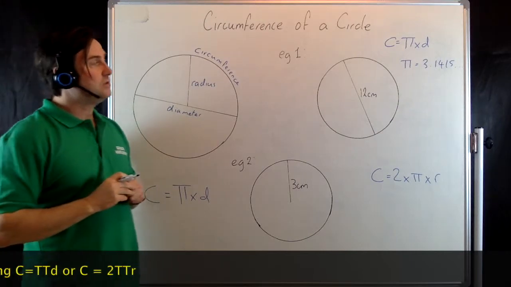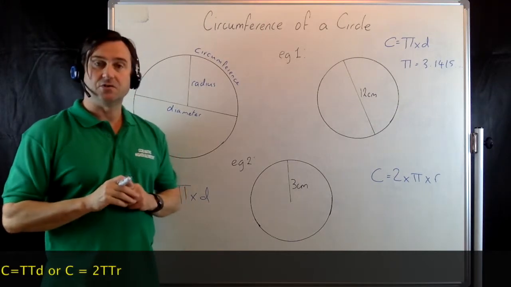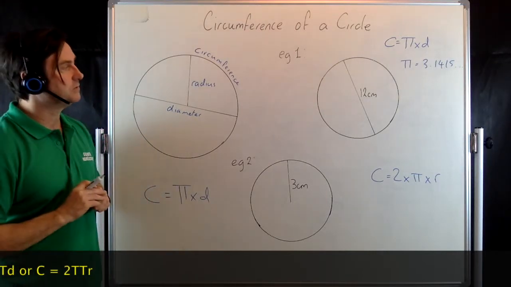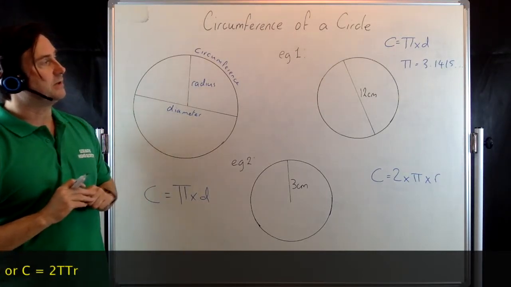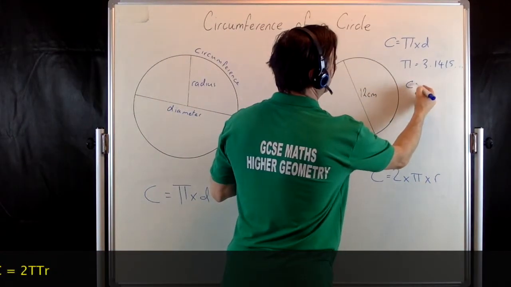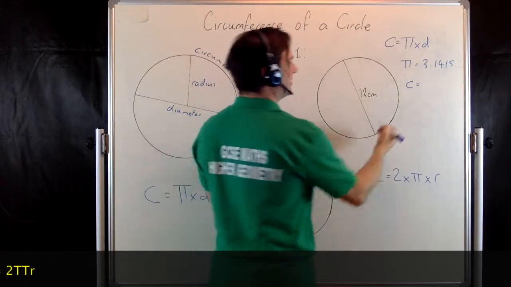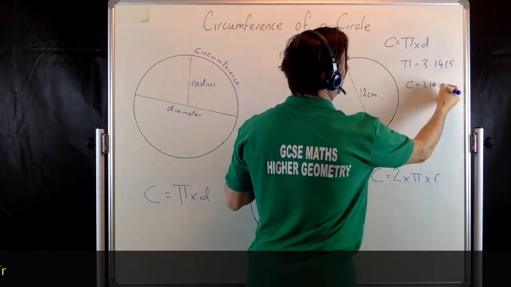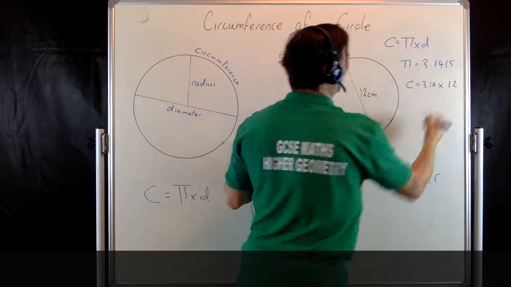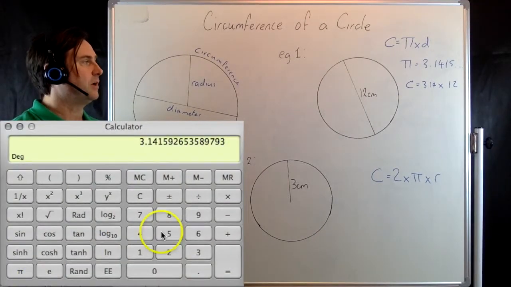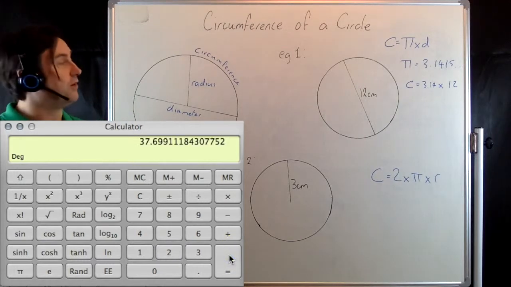Now, there's a button on the calculator that you can use for pi, and that's what we're going to be using in these two examples. So let's have a look what we're going to do then. For the first one, we've got a diameter of 12. So all we're going to do is we're going to have the circumference is going to equal pi, our value. I'm going to write 3.14 times 12. So if we type that into the calculator, pi times 12,